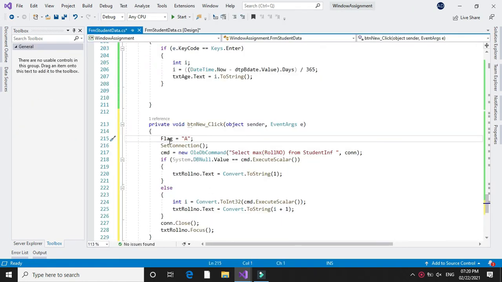First, we will set the flag value equal to 1. Then we will call the setConnection method and we will use this query: select max roll number from student information. It will get the maximum, that is the last value of roll number from the student table. If there is no record in the student table, it will return null value. For this, we will check if it is equal to System.DBNull,